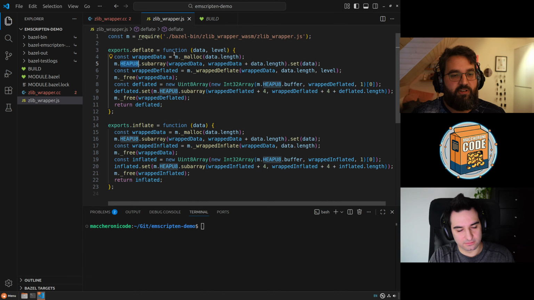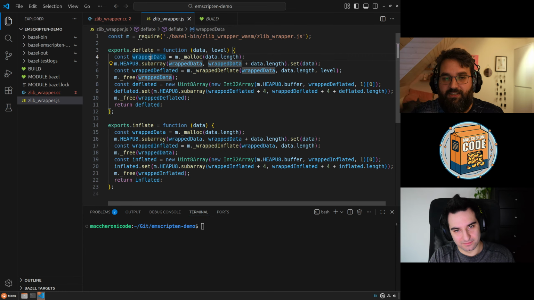So effectively what we're doing is allocating a buffer. We're just calling the good old C malloc. And then, given that this is the whole space, the pointer to this buffer is effectively the index of the first element of the buffer. So what we say is that we want to get the chunk of memory that is equivalent to the buffer that we just allocated.